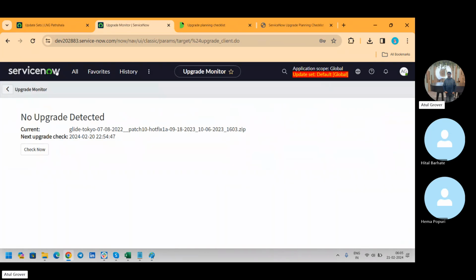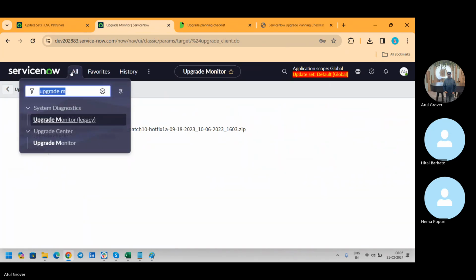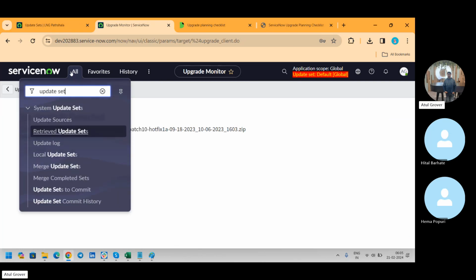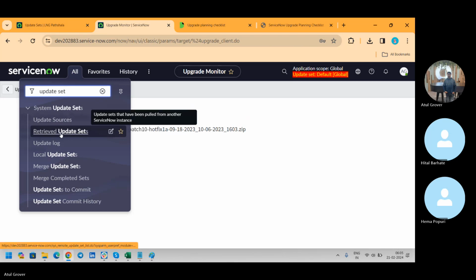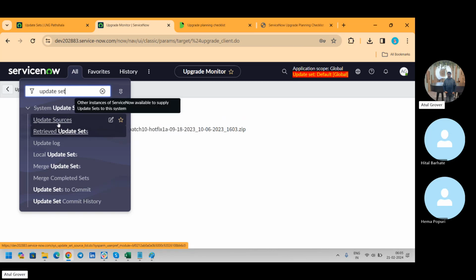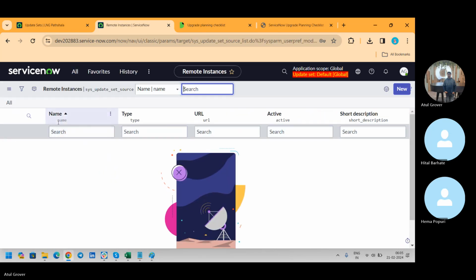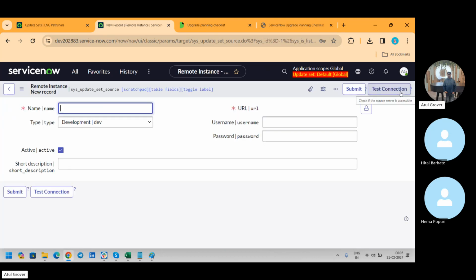We go to the Heathel instance and we search for the update set. Okay, and we click on retrieve update set. Before that we'll click on the update sources. Tell me first from where you have to bring the updates. I said okay, click on new. The way we did the load data in the transform, the same thing we're going to do here. So dev 181379, yeah, I put